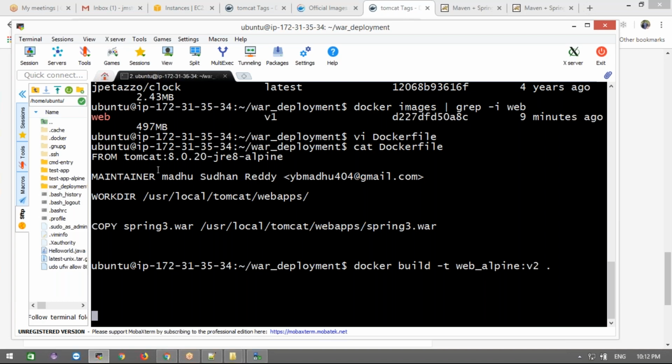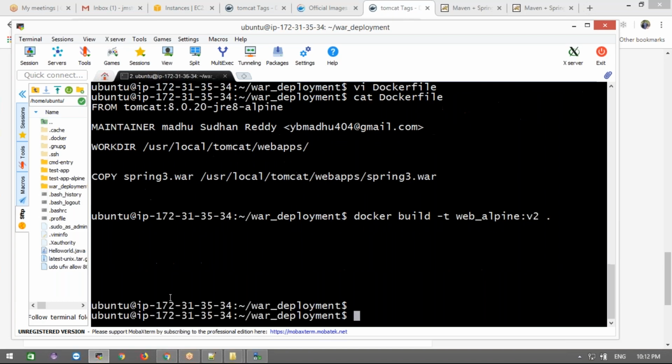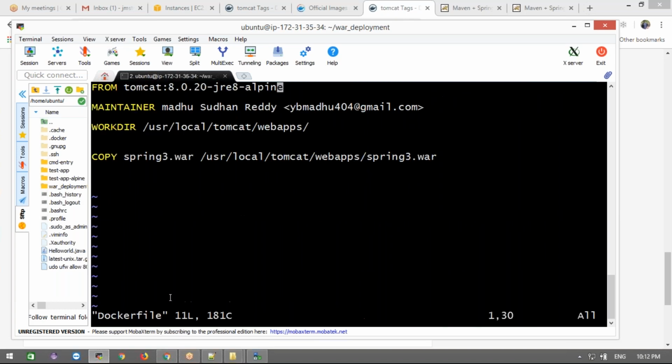I think this image is not found actually. Whatever we are going to use, that base image is not being found. Okay, let it stop here. I think so. That may be. I stopped here. Let me open this file. What I will do, let me take the correct one.